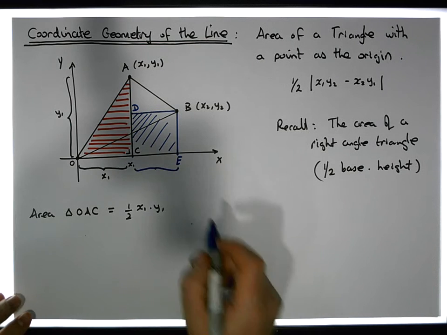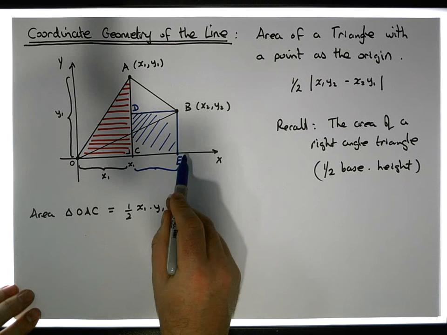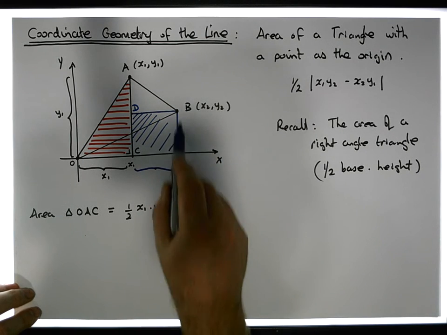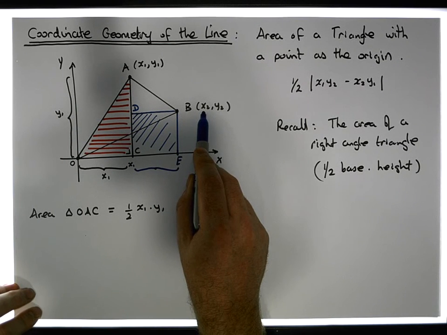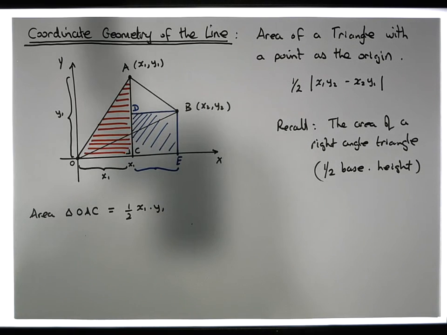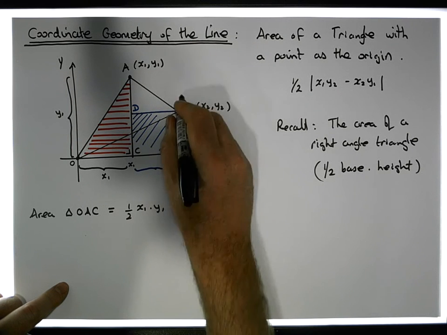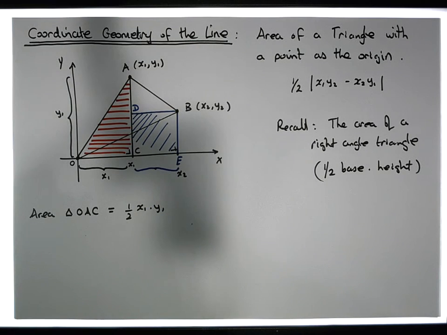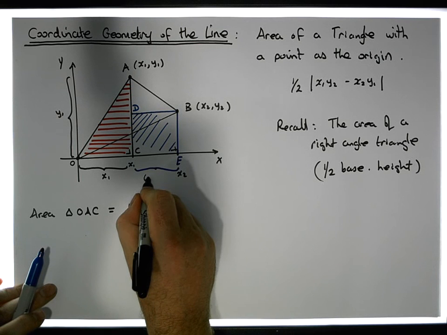So I wonder what the length of this is, from C to E. Well, E is on the vertical, that's parallel to the y-axis, and it goes through the point x2, y2. So this coordinate here is x2. E is on the x-axis at x2, because B is on the same perpendicular line, at x position x2. So that means the distance from C to E is x2 minus